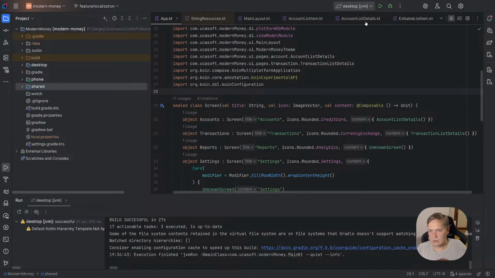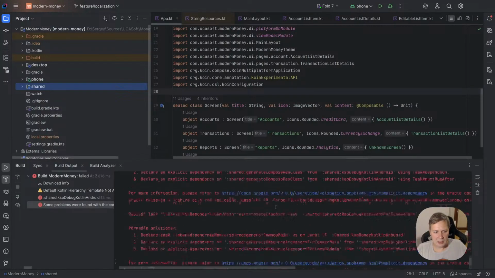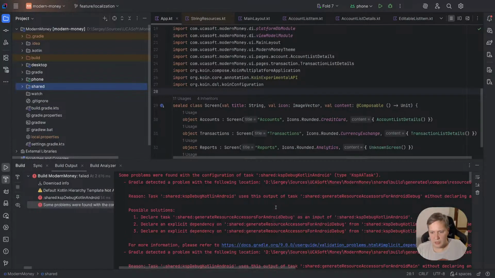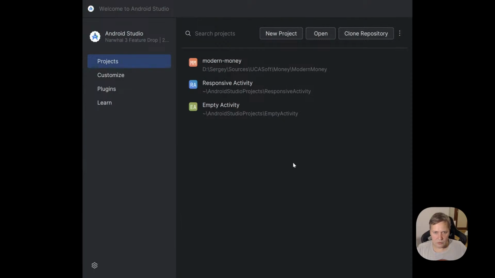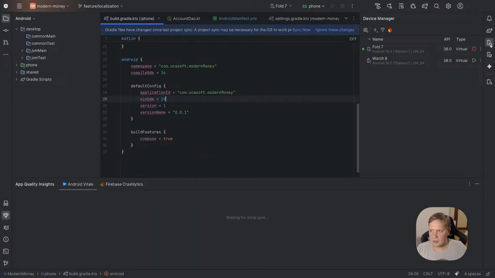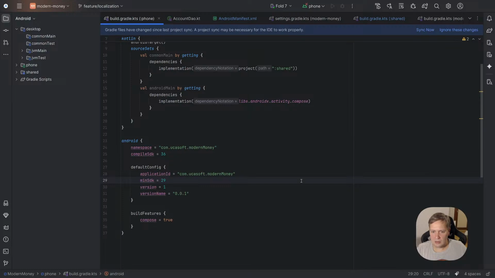But because it's impossible, let's try to run it for phone, but I'm afraid it doesn't work because of this room situation. But what I wanted to show, maybe the last one, I switched to Android Studio. And if we open my application in Android Studio,